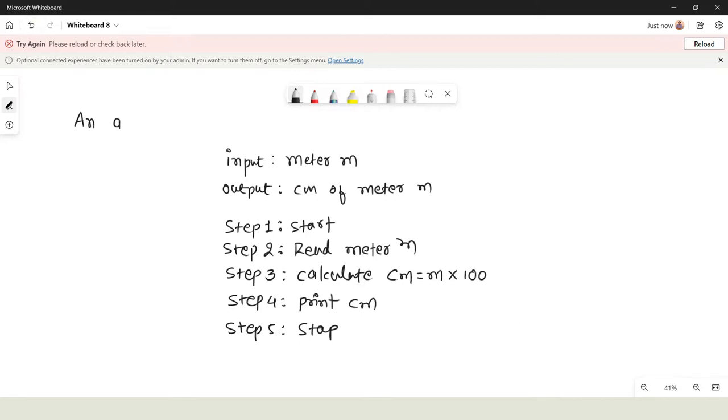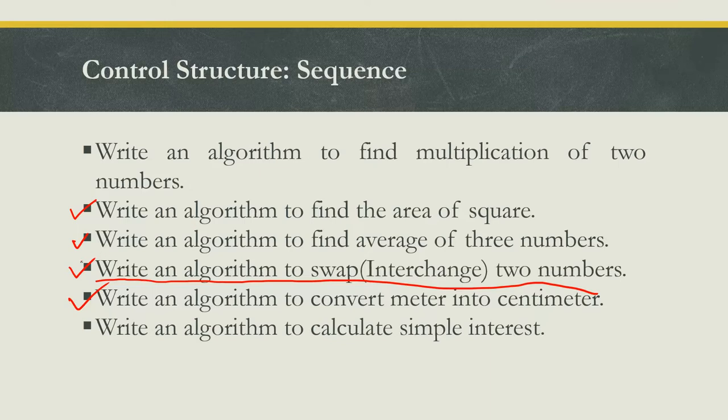An algorithm to convert meter to centimeter, right? This is very easy. If you have any doubt or any suggestion for this algorithm, then you can write in the chat box. Now we move further. We have already solved 5 different problems, and now we are going to solve